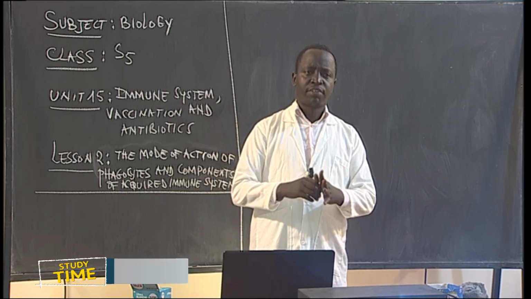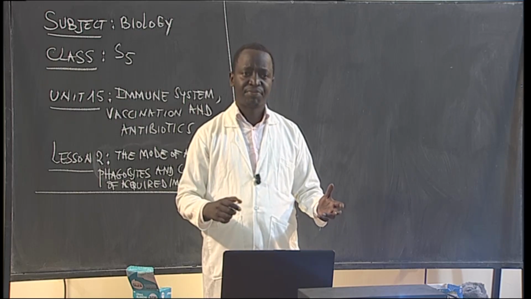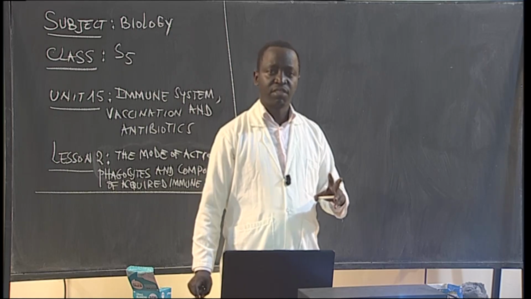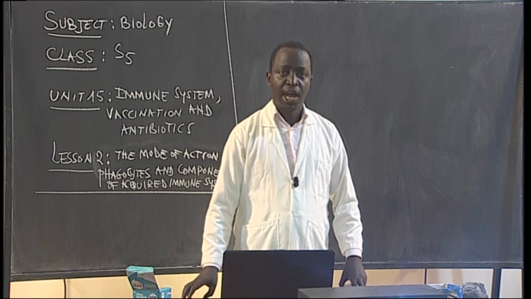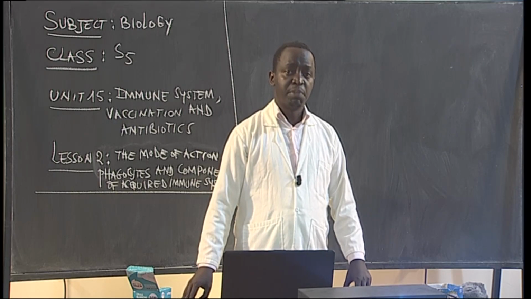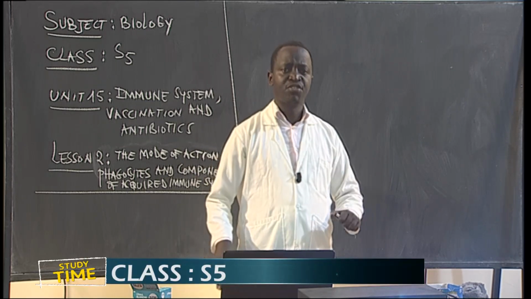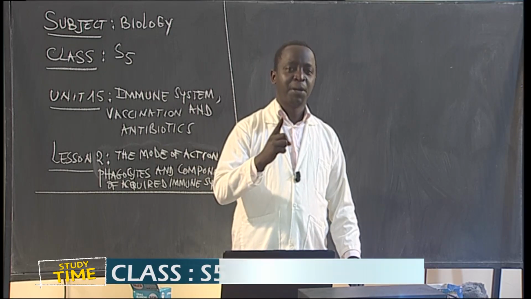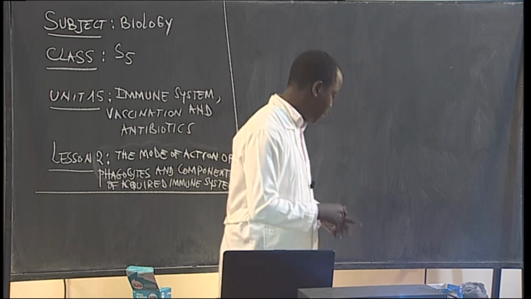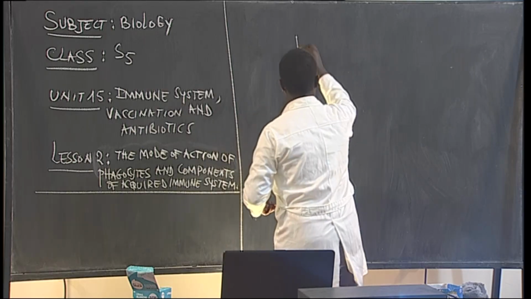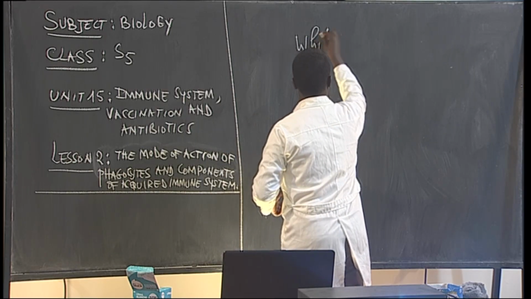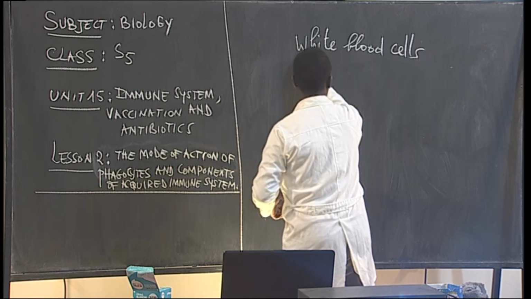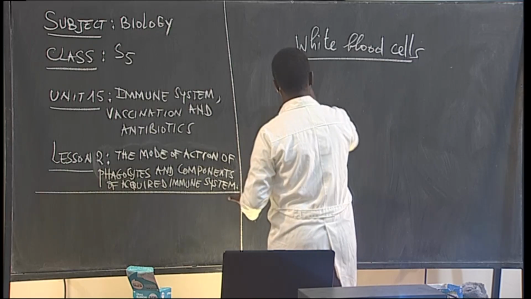When we talk about phagocytes, what's that? The phagocytes are kinds of white blood cells. This includes neutrophil and macrophage. When you talk about macrophage, those are large white blood cells. Remember, when we talk about these white blood cells, we do have what you call